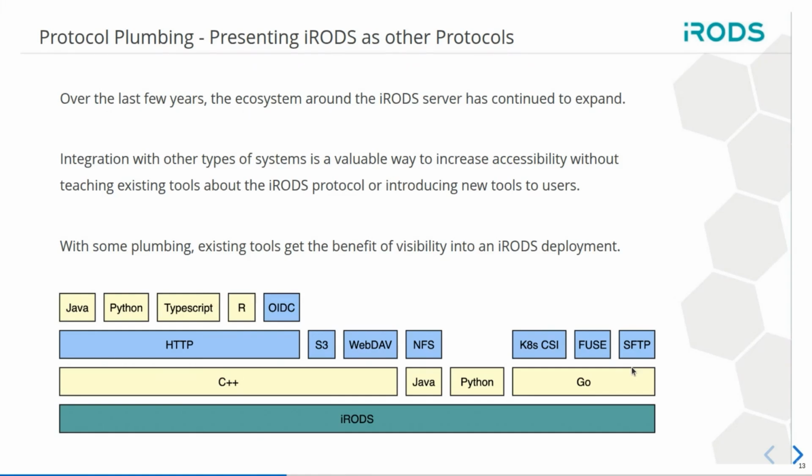Going back to meeting people where they are, we've been pushing this idea of protocol plumbing, which is all about presenting iRODS as different protocols, right? Protocols don't move very much. Once they are stable, they tend to stay that way, and they don't move frequently. And so being able to present as HTTP, S3, WebDAV, NFS, all of these things, we found great success in